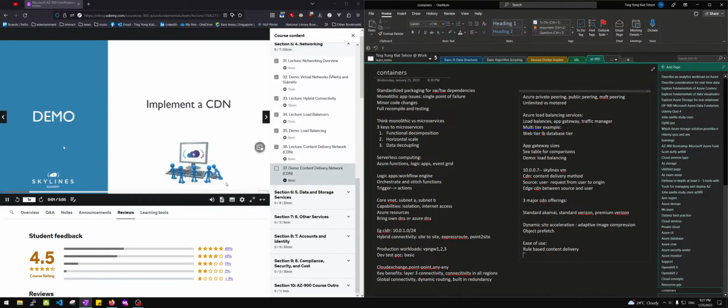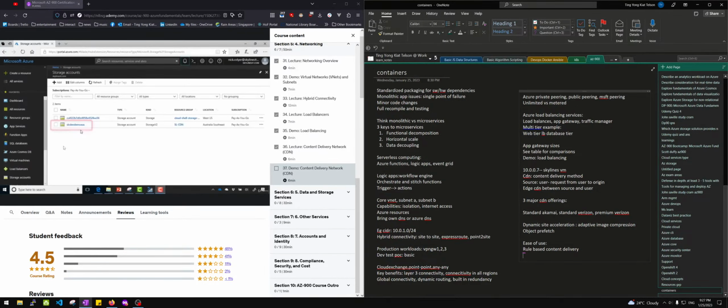In this demonstration, we're now going to go about configuring a CDN and demonstrating that by the use of images that we'll store in Australia. So let's go ahead over to the Azure portal. To begin with, you can see that I've already created a storage account called SLCDN Demo AUS for Australia. And if I go into that storage account,